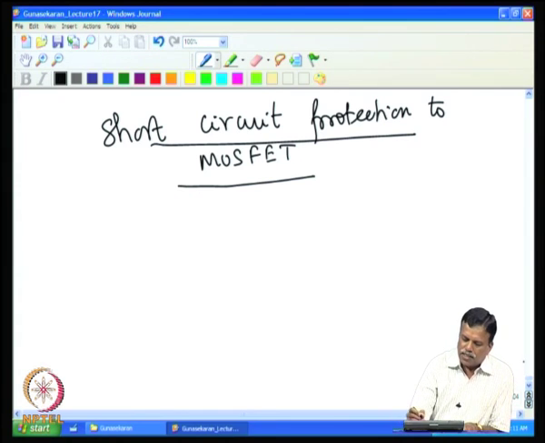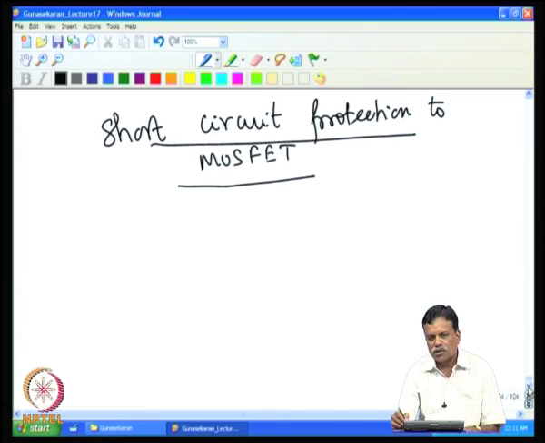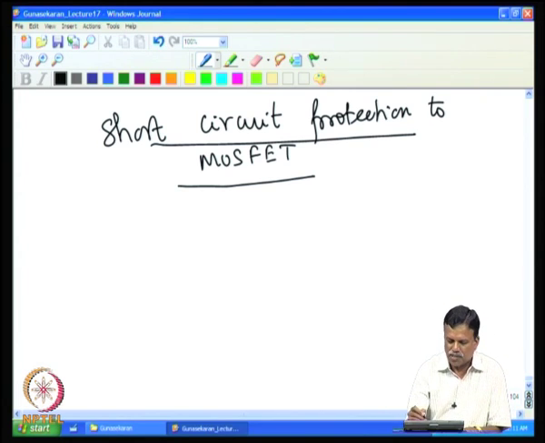Now, in the case of the transistor, we have done the short circuit protection very easily. The MOSFET short circuit protection is a little cumbersome, and we also had to see how to protect without dissipating too much power. Now, the same logic that we used in the transistor can also be used first in the MOSFET. For example, in the case of the transistor, what we had done was,